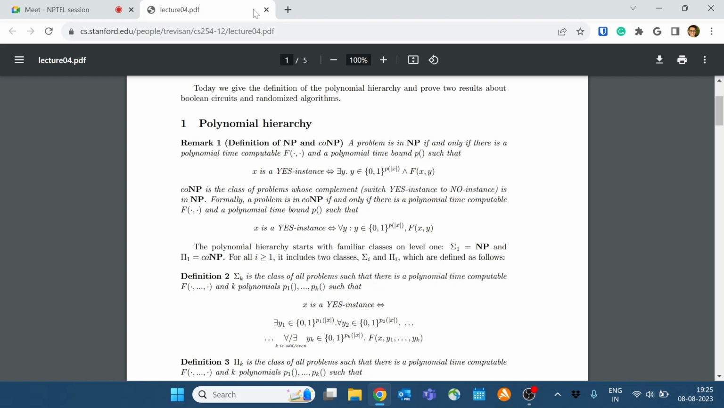This is not saying y is not polynomial. All this is saying is that the length of y is not this. I mean, there can be other polynomials, right? For example, consider p squared of size of x. So p is just one polynomial, right? So if